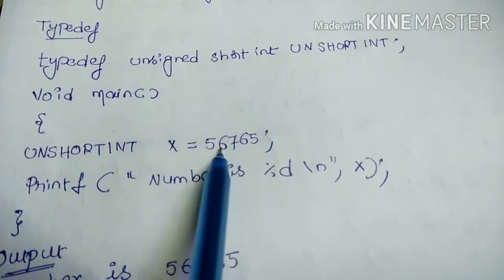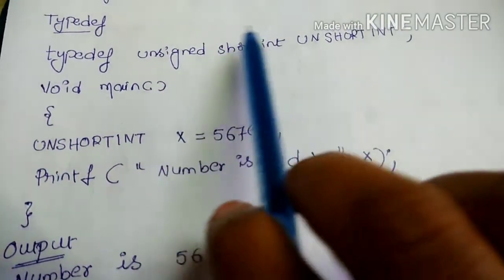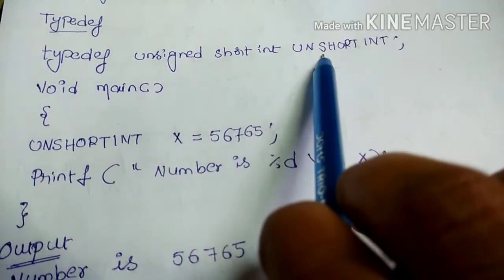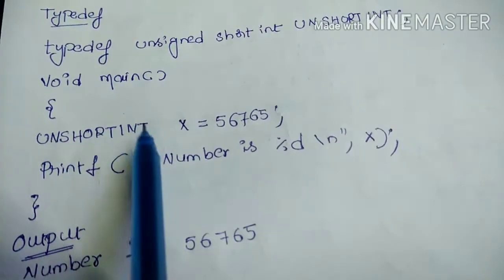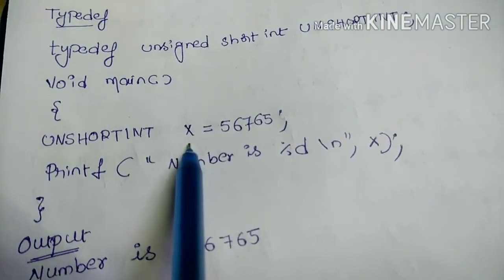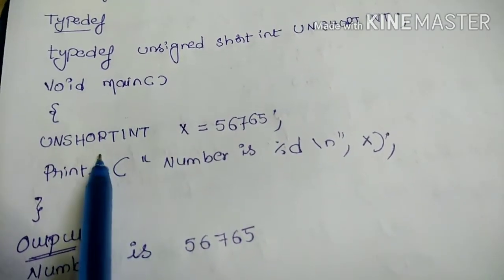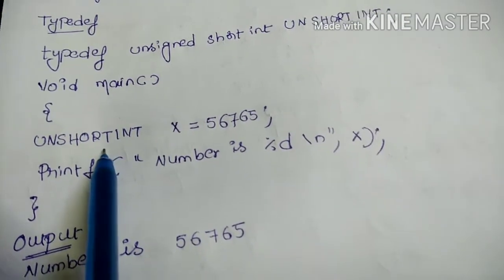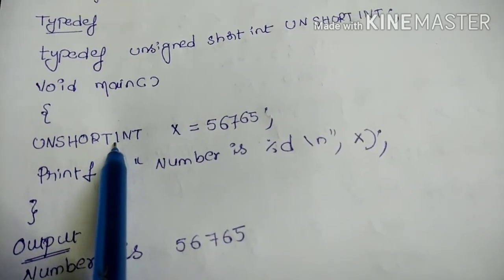We can declare variables with it. Okay, now the void main function. For unsigned short, what is the data type you have created? Then declare x with that type and give one value to the variable x. Now what is this? This is a user defined data type. By using typedef you have created it. Now this is the data type.